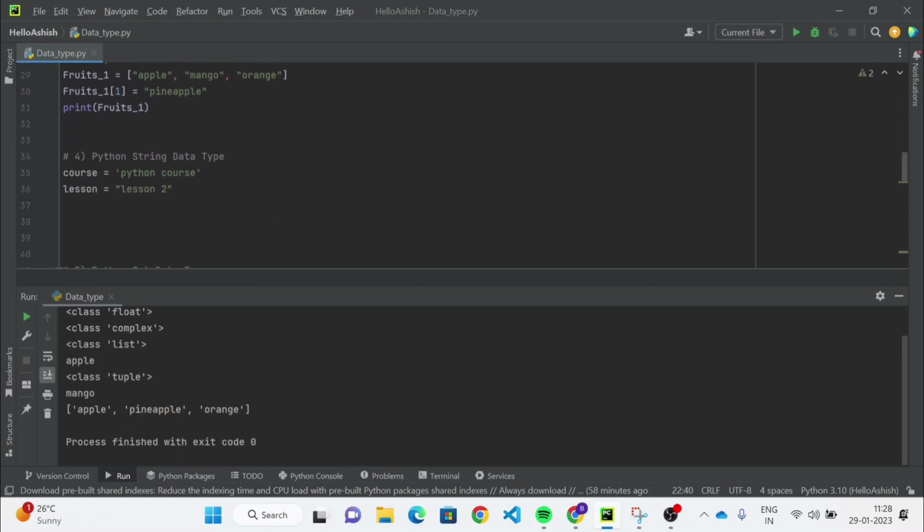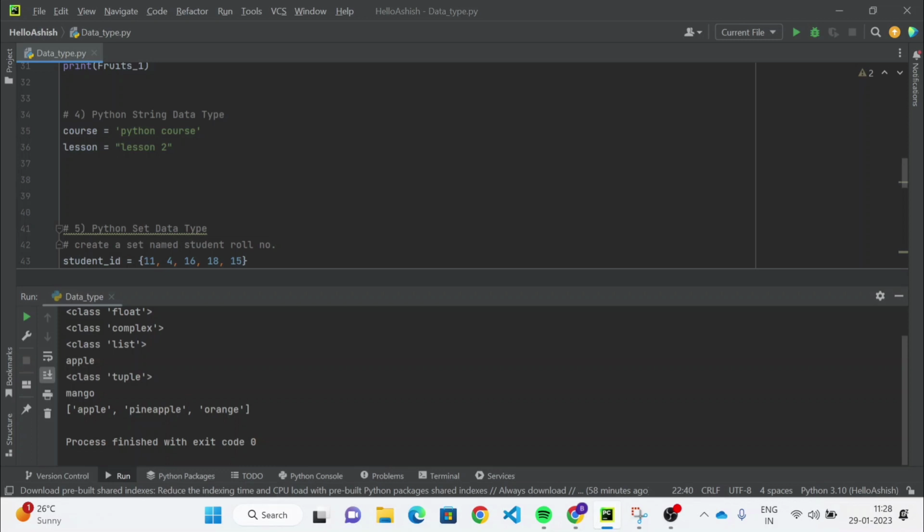And coming to the fourth one, the Python string data type. A Python string data type is a sequence of characters. So for example, here I am defining two variables, course and lesson. Course is storing this Python, a list of characters, and we can represent the string by either single quotes or double quotes.